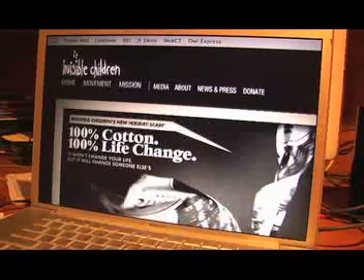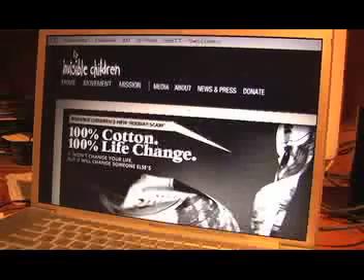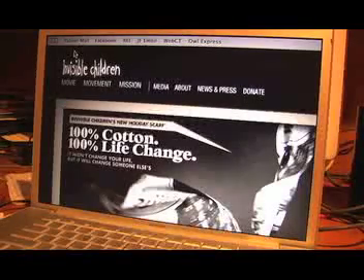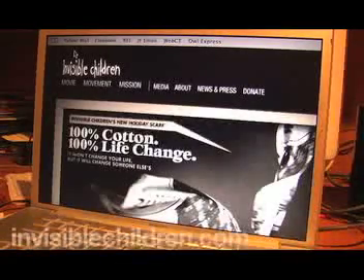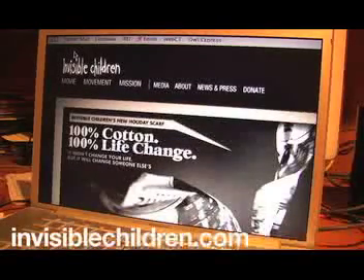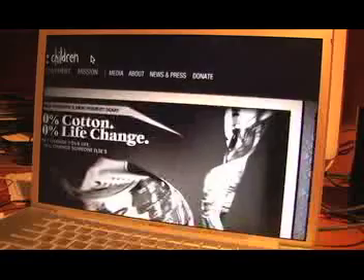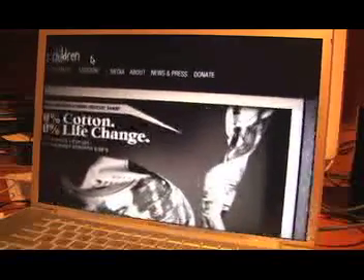If you've read Not for Sale, the book that many had to read last year for the KSU 1101 class, you know all about the children who are trafficked into fighting the wars that are unnecessary in Uganda. So going to Invisible Children's website, invisiblechildren.com, you can read all about it. They have a full-length movie that you can purchase that explains what they're all about. They have plenty of media and different ways that you can get involved.